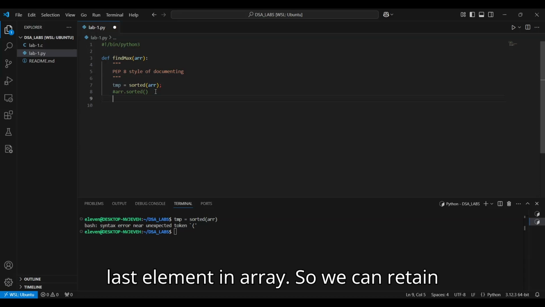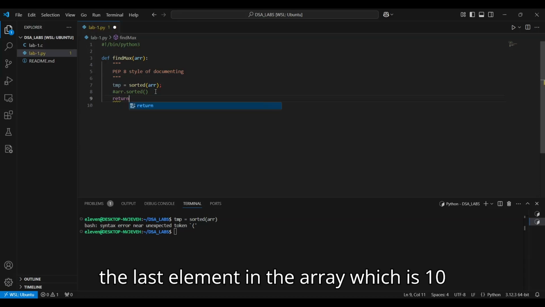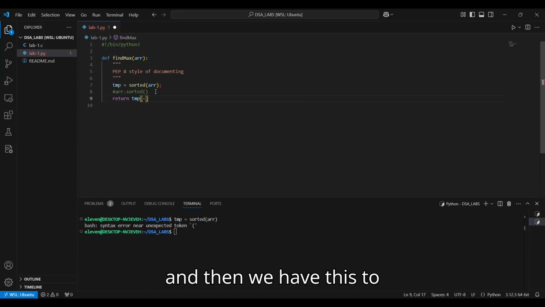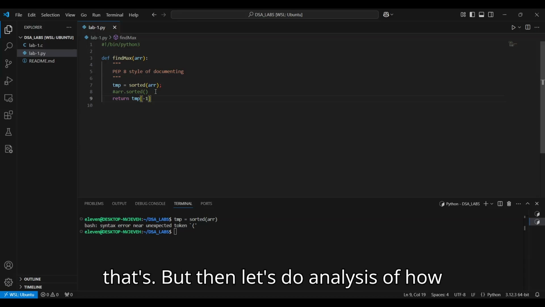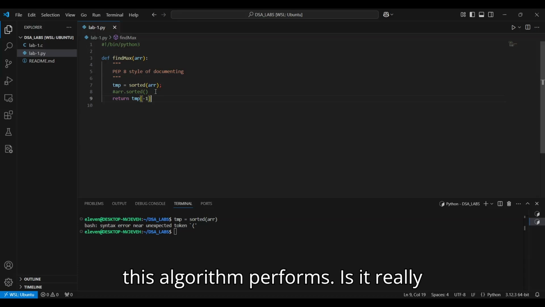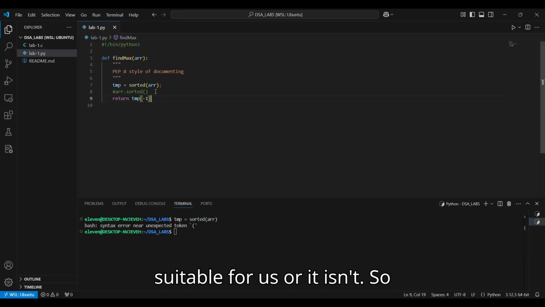It will be the last element in the array. So we can return the last element in the array, which is 10, and then we have this to be returned. But then let's do an analysis of how this algorithm performs. Is it really suitable for us or it isn't? So looking at this code,